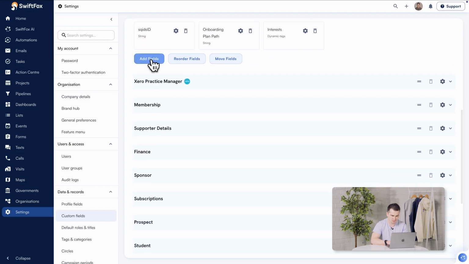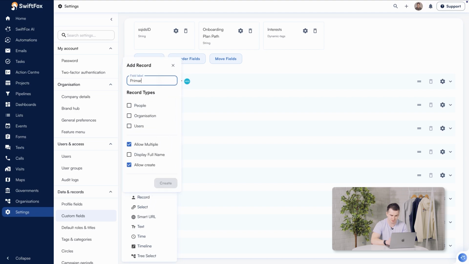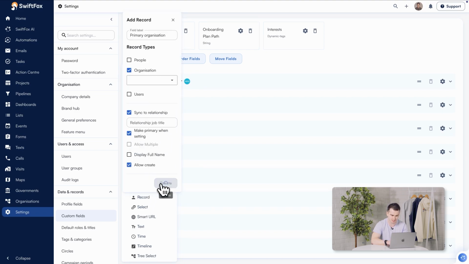Here's the first use case, and probably the most common one. You create an organization record field on people, called something like employer or primary org. Sync to relationship is on, and make primary when setting is ticked. Now, whether someone fills this in themselves through a form, or your team sets it on the profile, three things